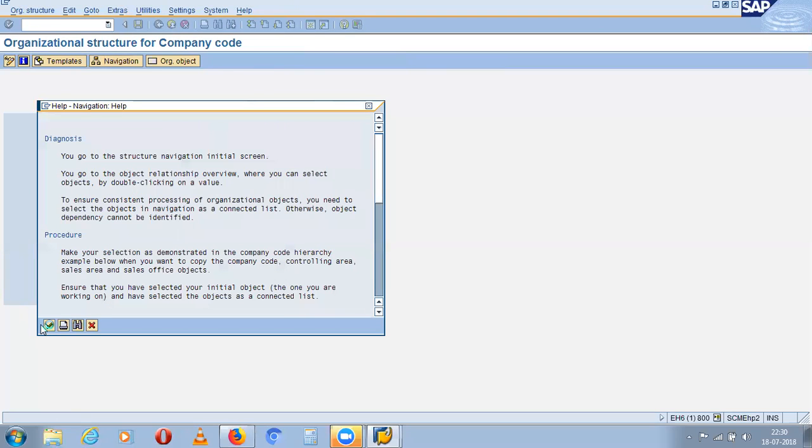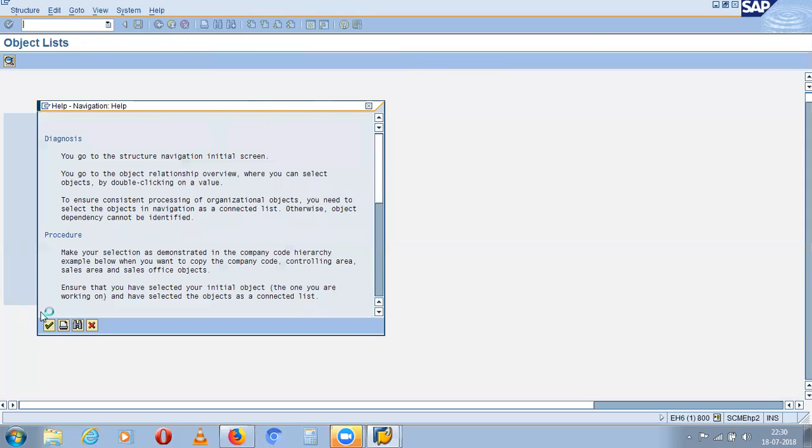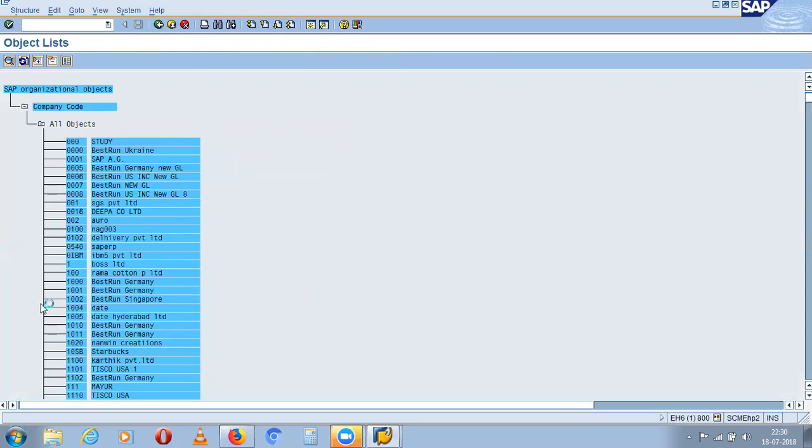It's still processing. Something came now. So now, SAP organization structure. Here you'll find the list of all company codes. Click on the magnifying glass.